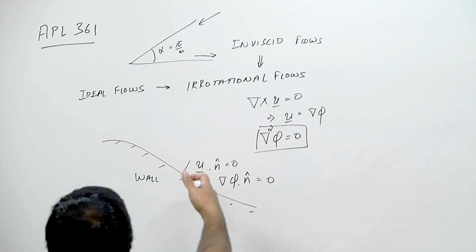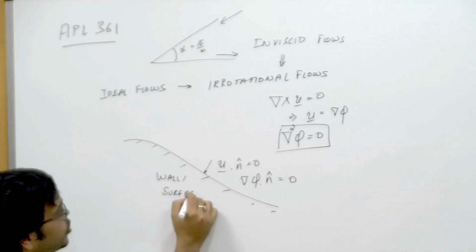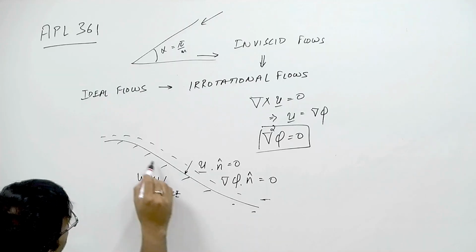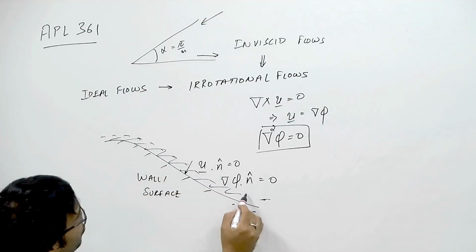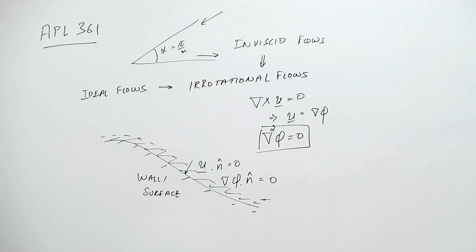We'll have to zoom in close to the wall or surface, whatever you want to call it. We'll have to zoom in very close to here. We'll have to zoom in inside a layer like this for being able to implement this no slip boundary condition,